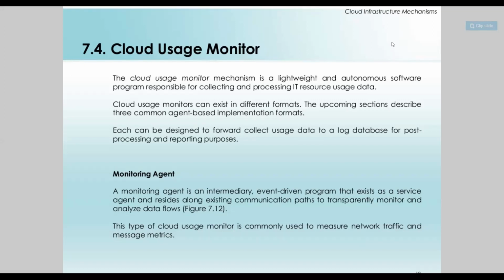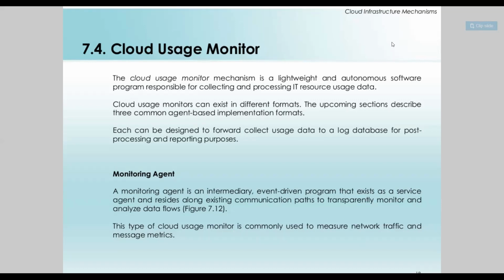So cloud usage monitor simply here refers to a lightweight software which is going to be installed and which is going to take care of all the IT resources which you are going to use as a service, on an hourly basis, monthly basis, weekly basis, whatever plan you have opted for from your cloud provider. Accordingly, whatever is your usage or your counting or billing will be monitored by this software.